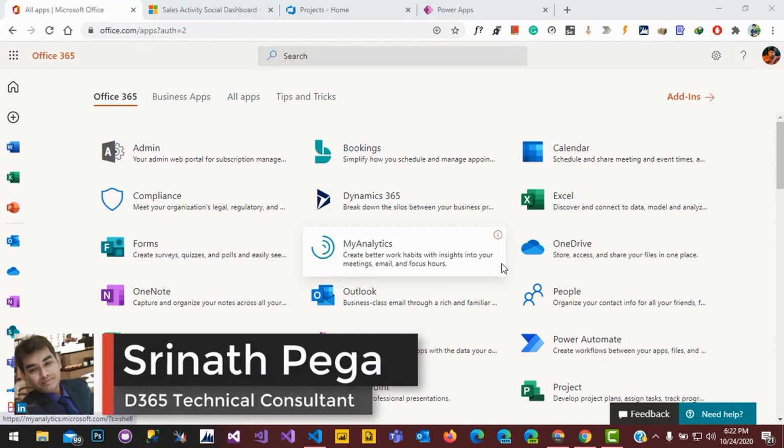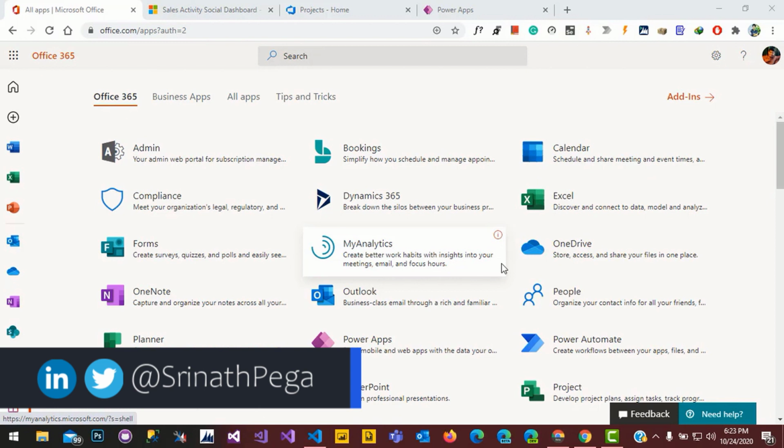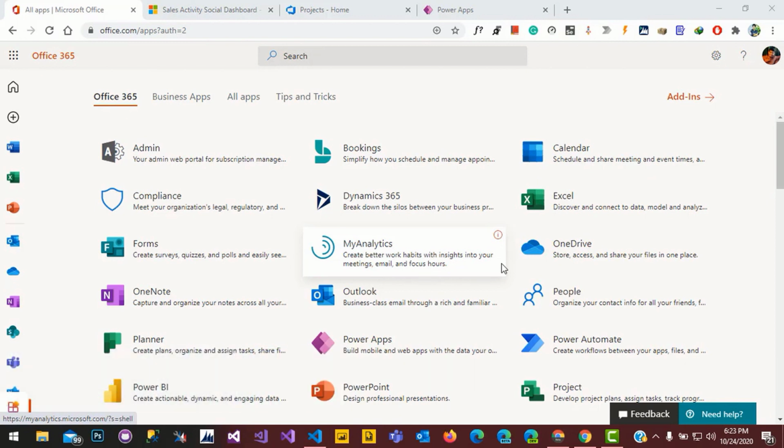Today we will learn how to set up a service account for Dynamic 365. The service account helps to export and import the solution from one environment to another environment with the help of Azure DevOps. Service accounts are basically non-interactive accounts which don't hold any Dynamic 365 application license. So we'll see how to set up a service account for Dynamic 365.